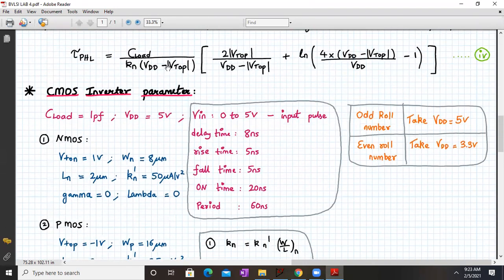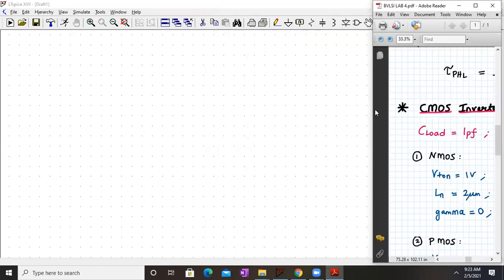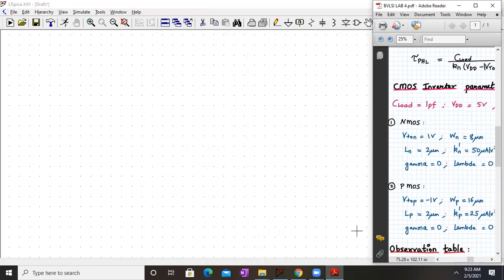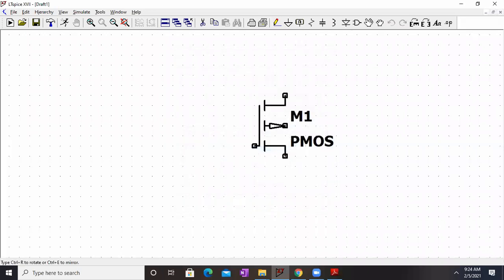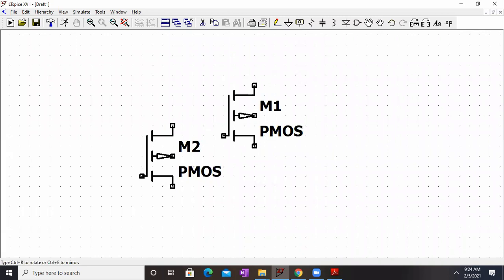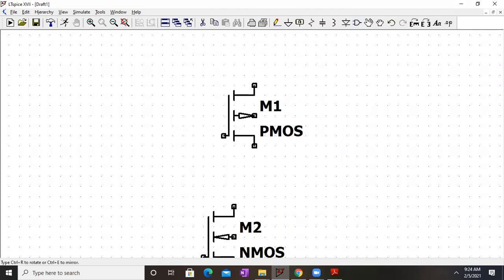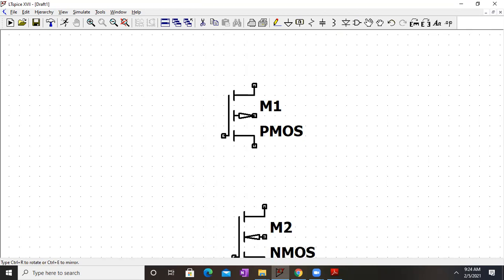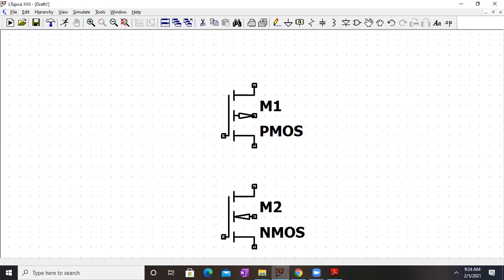Okay, so let's start building up the circuit. So I have already opened up the LT Spice and kept it ready. I'll just minimize these parameters a little bit, and now let us start working. So we will take PMOS 4 and NMOS 4. This is LT Spice. You go to LT Spice and select PMOS 4, and you paste it onto the screen. Okay, and next we will select NMOS 4. So NMOS 4 over here. I have also added it like this. Okay, let me add it over here as NMOS 4.